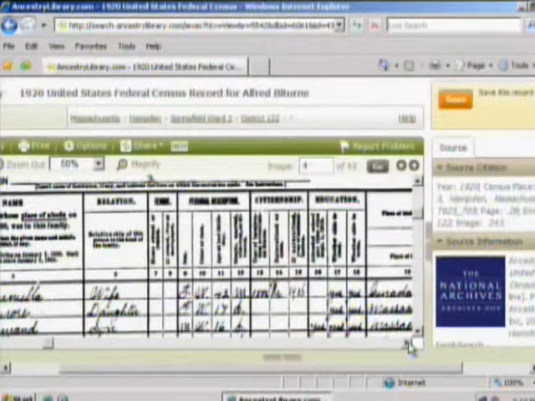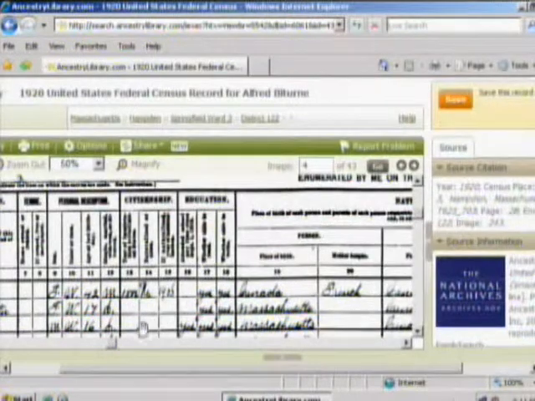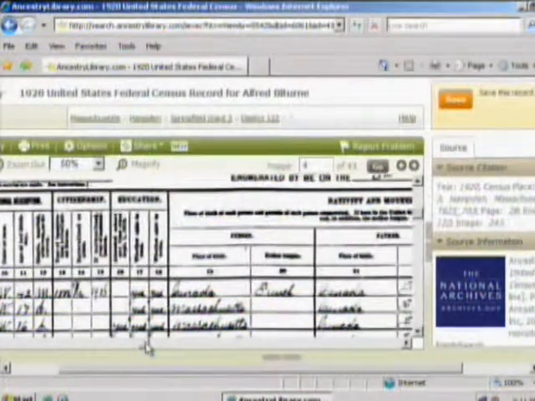One of the benefits of Ancestry is that you can print out a blank version of this form with all of the categories on top more clear and typed out. Someone has recreated these forms, not in their original form, but just so you can see what the categories are and what the text is in all these tiny little boxes. So there may be dates or names or yes and no's, and it's not really easy to tell from the census record what this says, but certainly the clear images will help you.